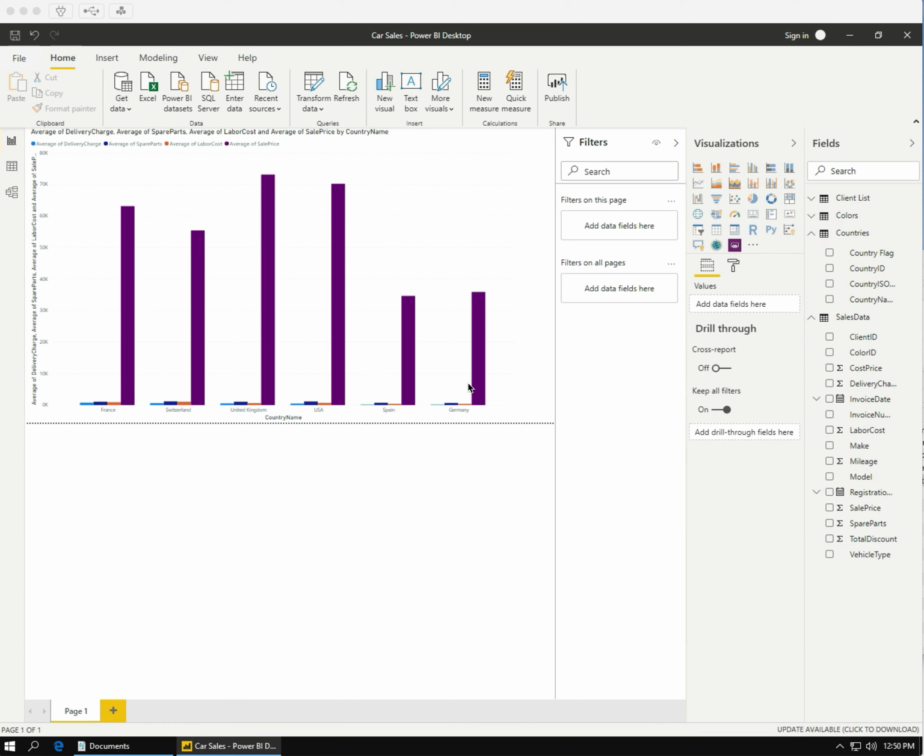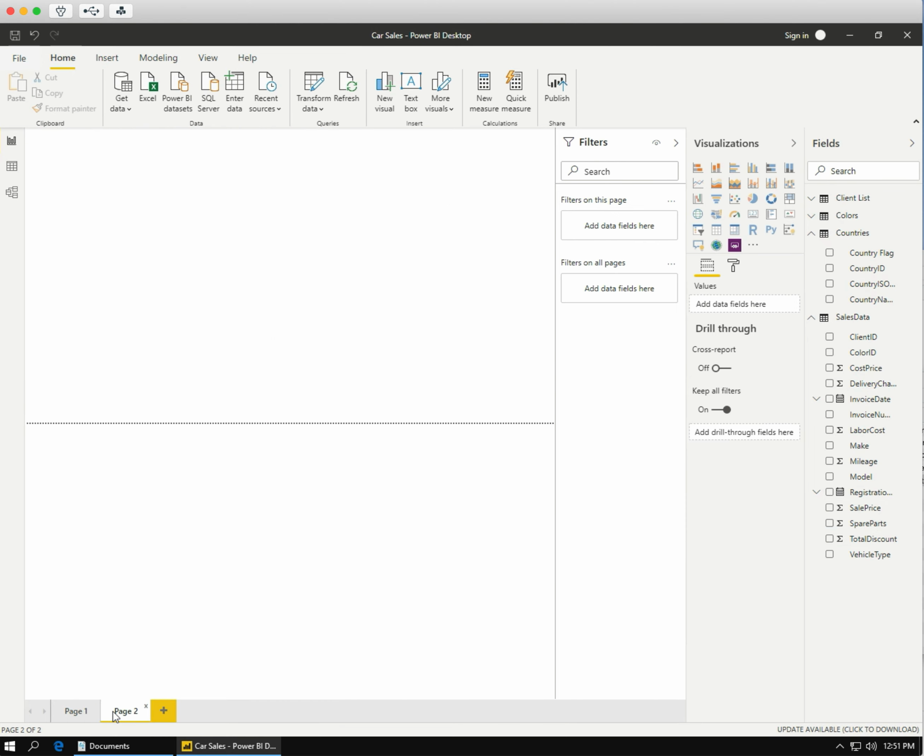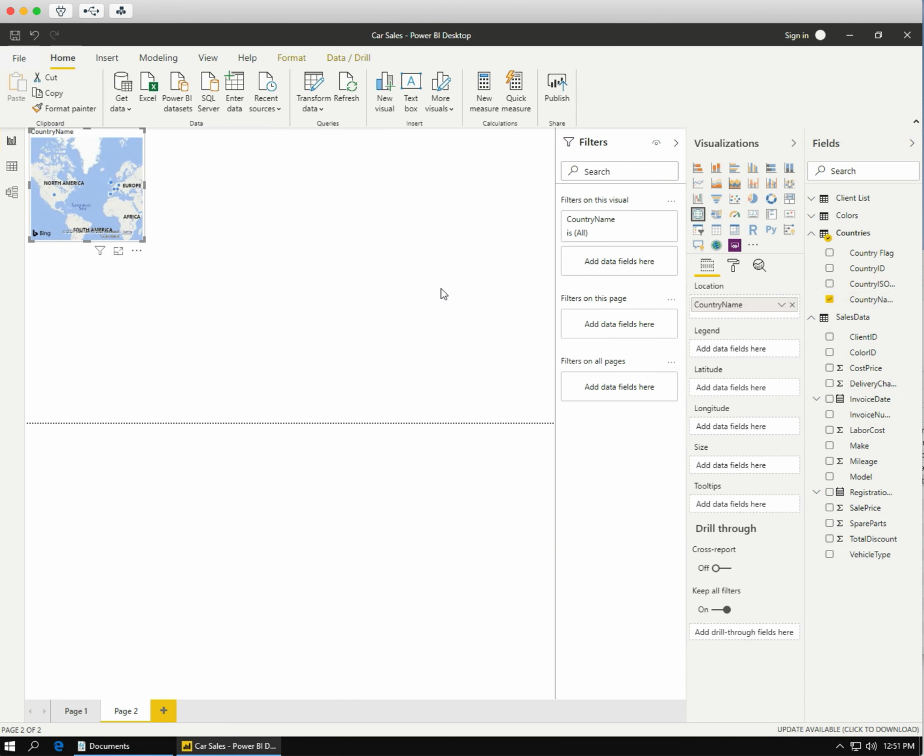Second visualization is a report that shows for each country the minimum sales price, the maximum sales price, and the average sales price. And I wanted to enable the user to drill down by make. So I started by opening up a new page by clicking on the plus sign to the right of page 1. And then added country name to the visualization,